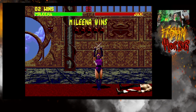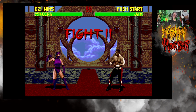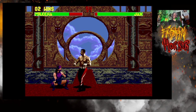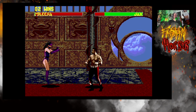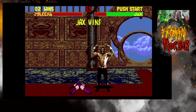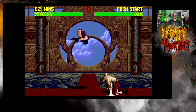Look at that. I was so stoked about this game though back in the day, and I was dying to go to the arcade all the time to play it. When it came out on Genesis, it's so close to the arcade. Oh man, come on. When this came out, it just blew my mind away back then. Nowadays, it's like whatever, but...